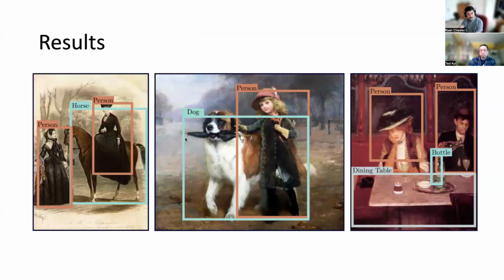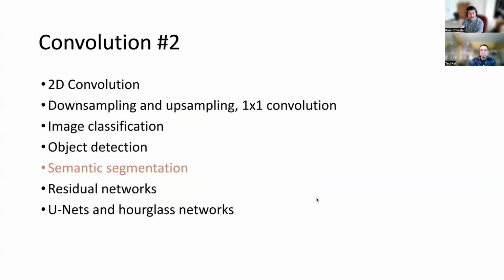So here are the final results. You can see it's outputting not only the bounding boxes, but also the classes that are inside of those bounding boxes. So it's finding people and horses and dogs and